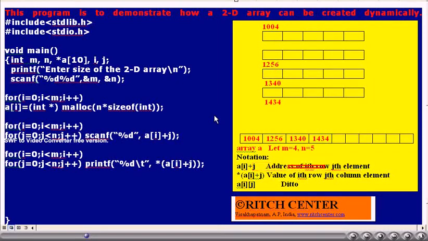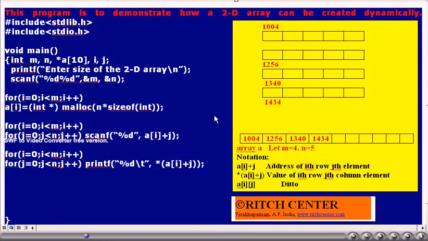That is, the address of the first element of the ith row. Plus another integer j, if we add, that becomes the address of the ith row jth column element of our 2D integer array. Remember, this is the address which is required especially while reading the data into our 2D integer array with the help of the scanf function.